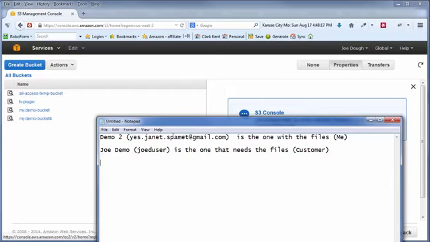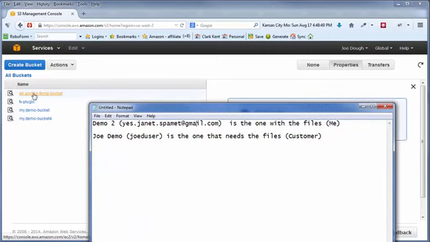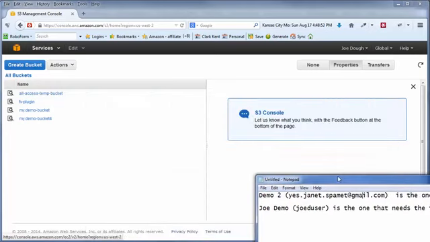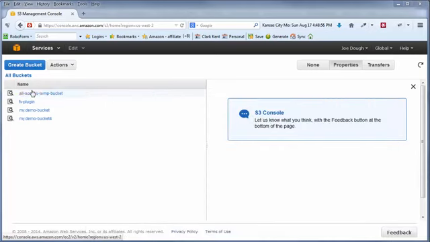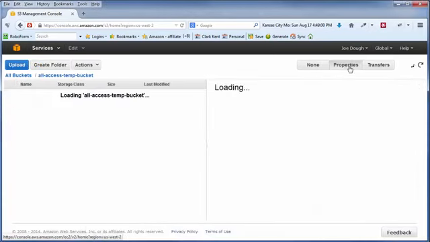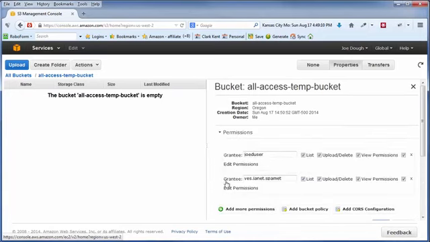Now this is important because the customer, Joe Demo, is going to need to create a bucket, which they've already done, and they're going to need to grant me full permissions on that bucket. Now they've already done that, but let me just show you what I'm talking about here. If we select that bucket and then go into Properties and then go to Permissions, you can see that they've